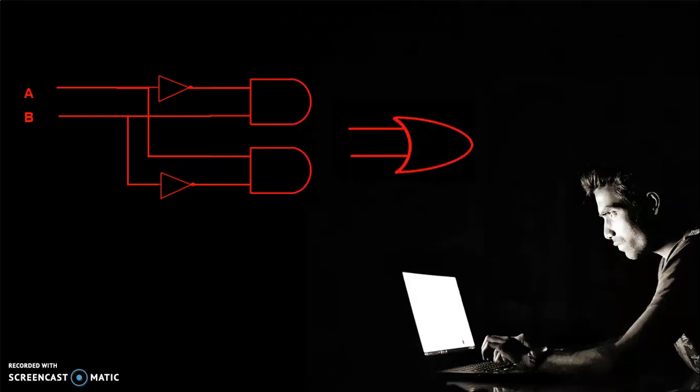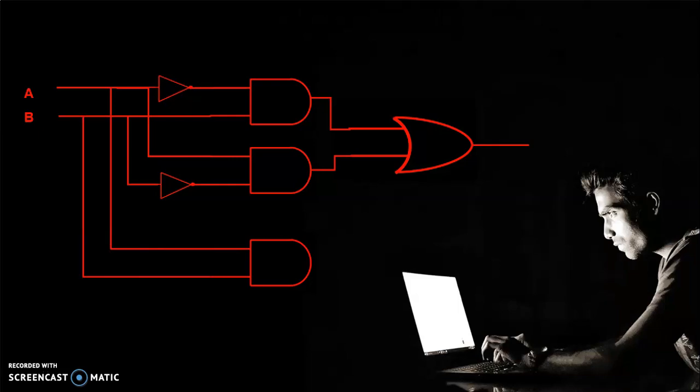Because it is an SOP form of Boolean function, we have to add the outputs of both the AND gates. So we use an OR gate and we connect the outputs of both the AND gates as inputs to the OR gate, and we take the output of the OR gate. Same way for the carry, that is C is equal to A dot B, so obviously we have to use an AND gate. We give the same inputs A and B to the third AND gate, and the output we can take as the carry.